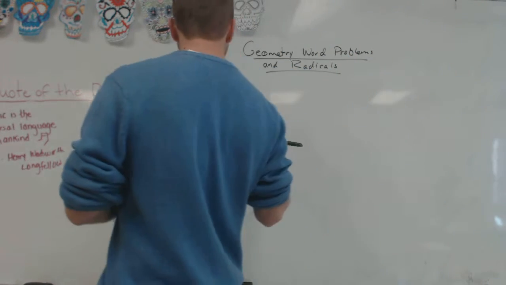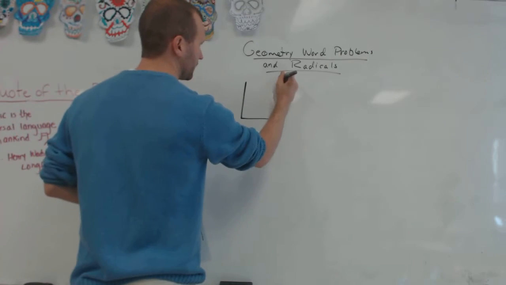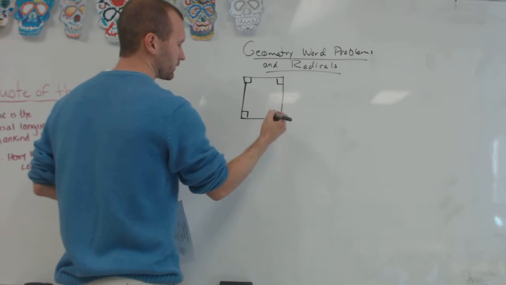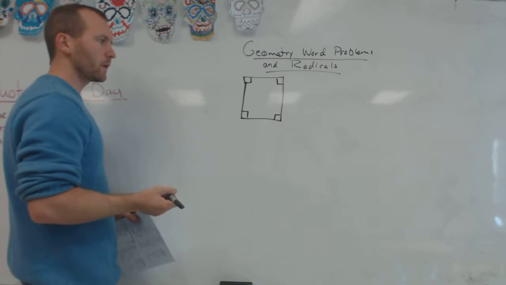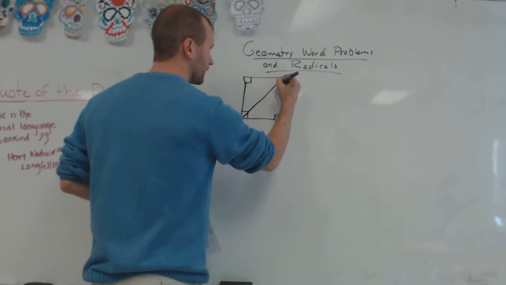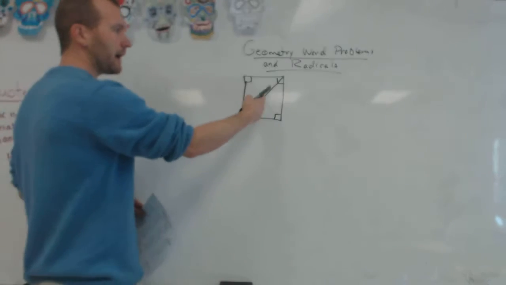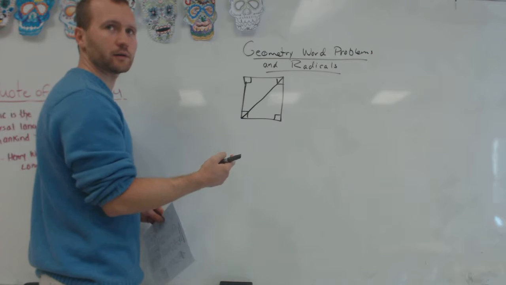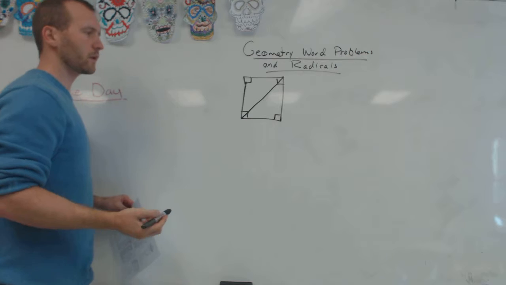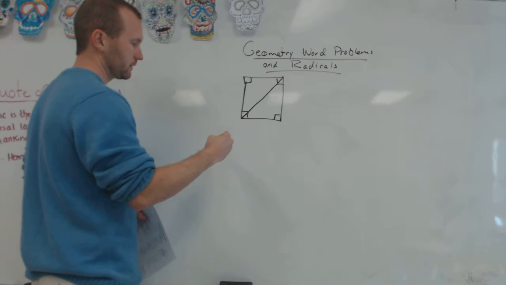So one example of that is if we're talking about a square, it has 4 right angles, right? And so if we cut a diagonal across a square, this half becomes a right triangle, and this half becomes a right triangle. Right? So you could see a problem like